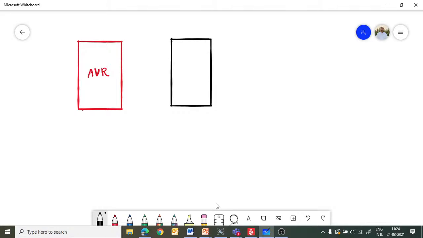All of you know that it has LEDs placed in this way so that all the numbers can be displayed on the 7-segment.